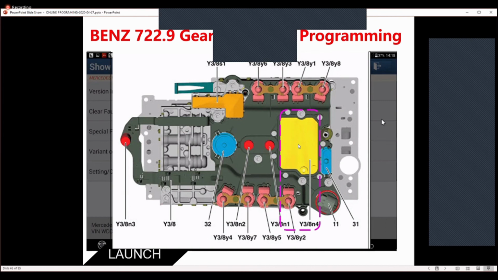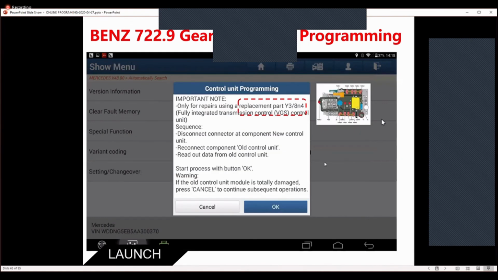And what we're doing is replacing this with a new one. So again, we're going back, we're replacing this. You follow the instructions, you disconnect the old one. And what we're doing first is we're going to read the new unit first. We disconnect it, and then we actually put the old unit back on. So you just follow these steps. Follow each step, press OK,